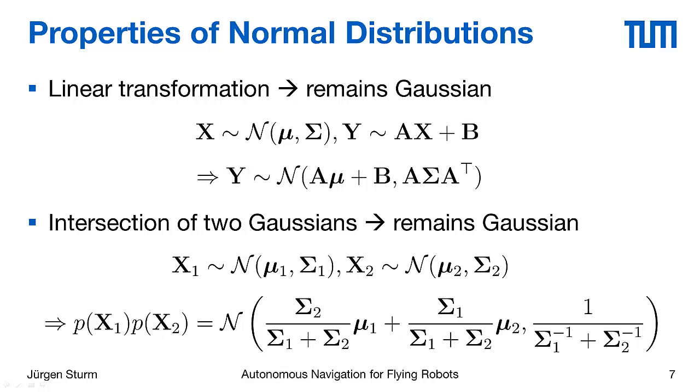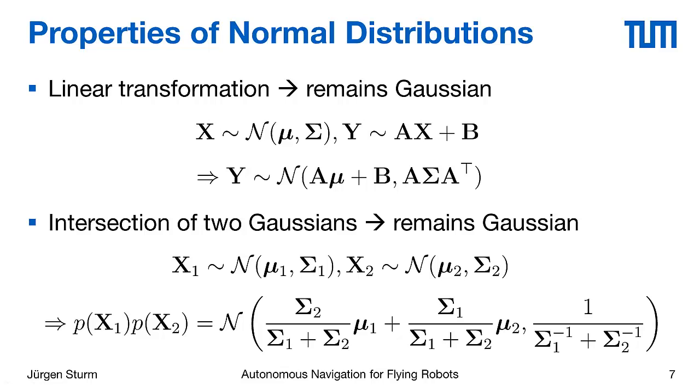And the other good news is that if you intersect two Gaussians, then you obtain again a Gaussian. So you can imagine this as follows. You have two random variables, x1 and x2, and both of them are normally distributed, but with different parameters. Then we can compute an intersection just by multiplying the two densities together. If you fill in the values, then you see immediately that the result has to be again a normal distribution. And the interesting thing is now to look at how the new mean and the new covariance is computed. And we can see that the new mean is essentially a weighted average between the old means weighted by the